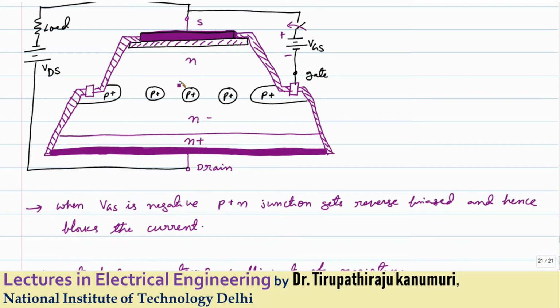A depletion region is formed, because all these are connected in parallel as a grid. So a depletion layer is formed around this P layer. The reason this channel is not an N plus channel, although we could keep an N plus channel where conductivity would be more and channel resistance would decrease, is that my depletion region should expand more in the N region, so that it will block the channel easily.